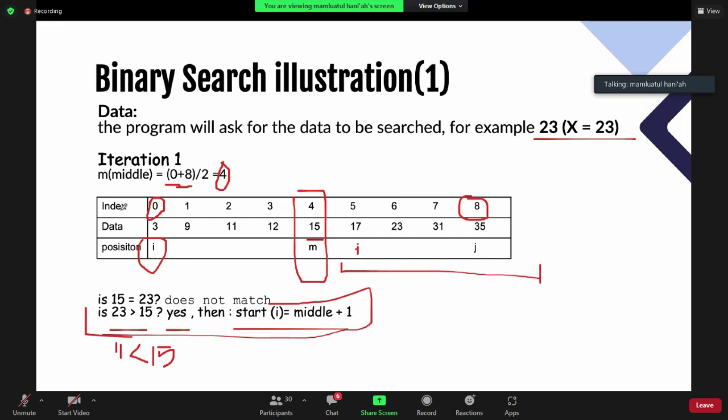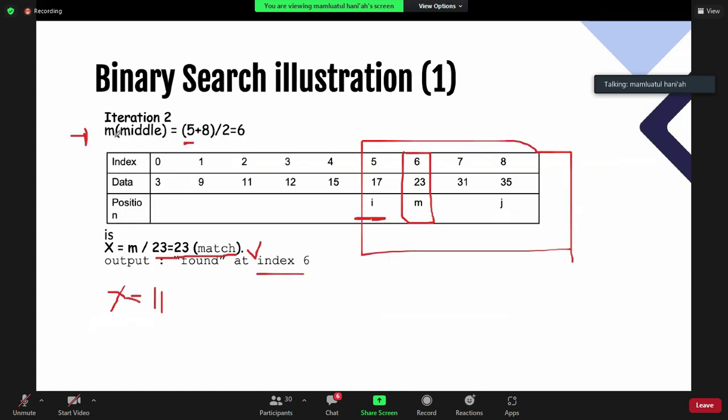And I will change my end position or my final position. My J will be middle minus 1. So my J will be at index 3, yeah, index 3.